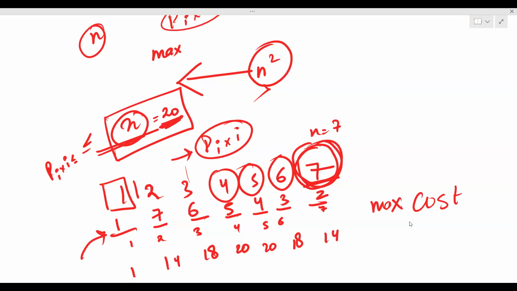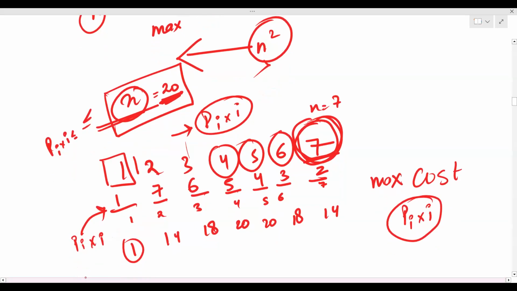What is x? x is basically the maximum value that pi into i can take. Okay, so these are the products, these are pi into i's. Here we should basically take 49 in this case. 49 is more than 20, right? But I'm saying these values should be less than or equal to x. pi into i can be up to 49, but I'm saying if it is only up till 20, then